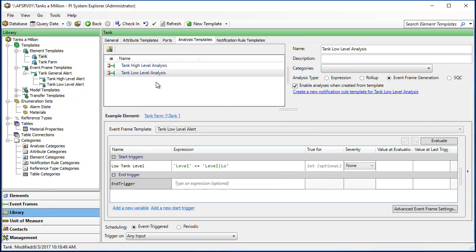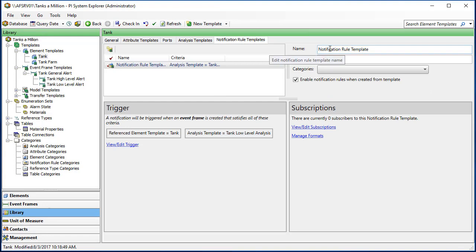Now, if I were to check this in, these analyses would kick in and be started, and that's all fine and dandy, and you can see that because we have enable analyses. The trouble is we want to create a notification rule. So I'm not going to check in just yet. I'm just going to take all this energy to click this one button,